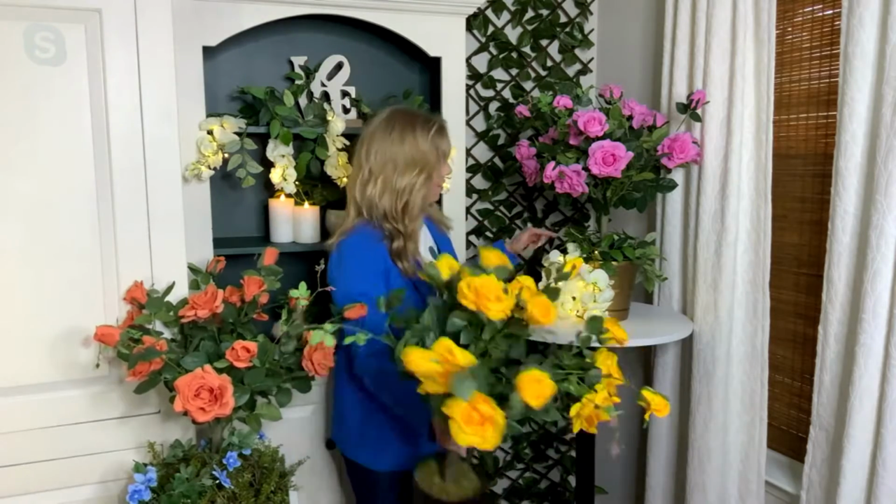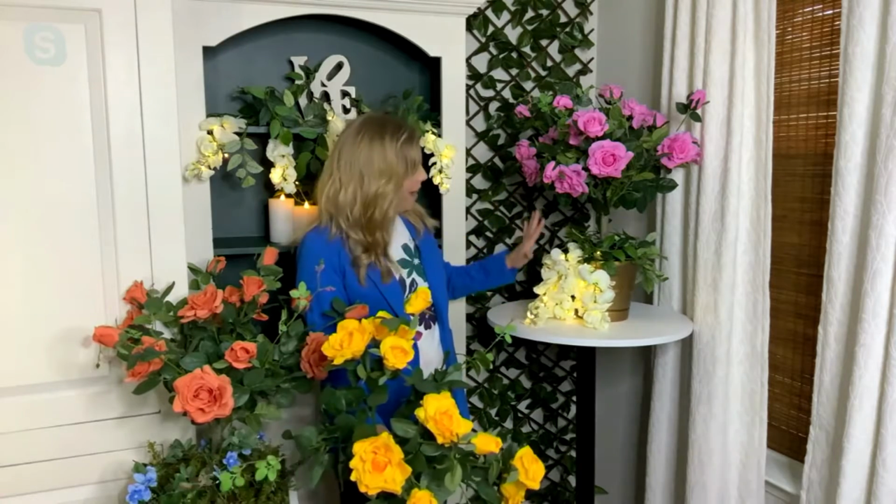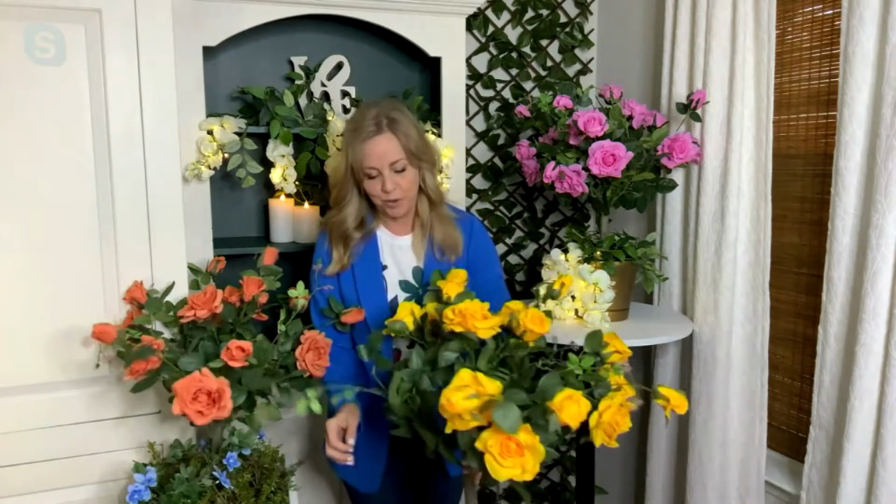And this one over here, I just dropped that in a little gold pot, Pat. And then I also did this as filler. This is coming up in the show. This is a Bethlehem Lights site in the wisteria. Look how pretty that is. And you can use it inside your home too. If you wanted to create just a beautiful burst of color somewhere in your home,